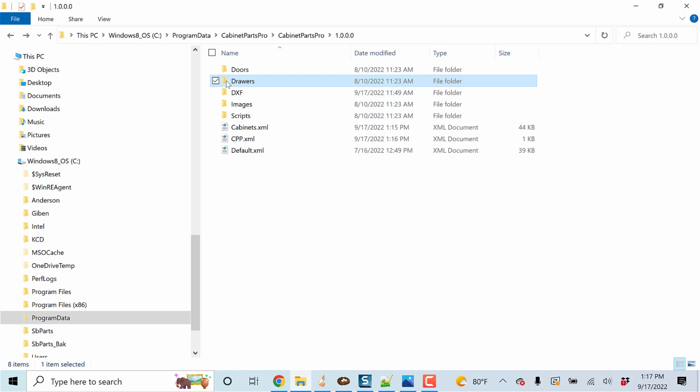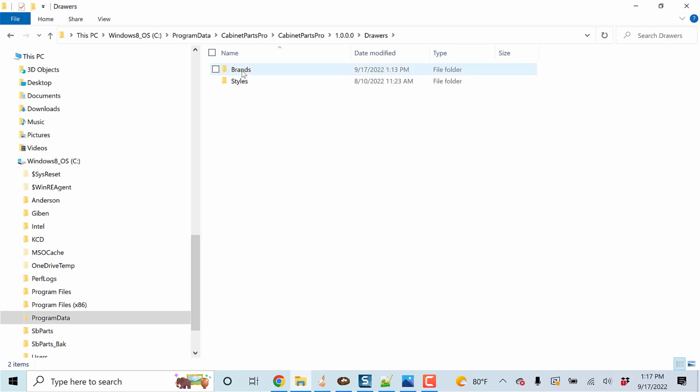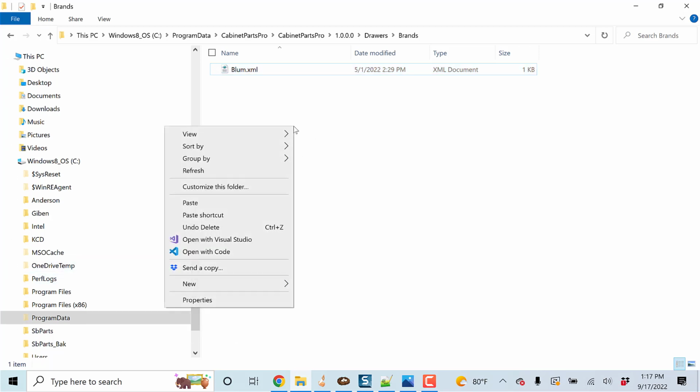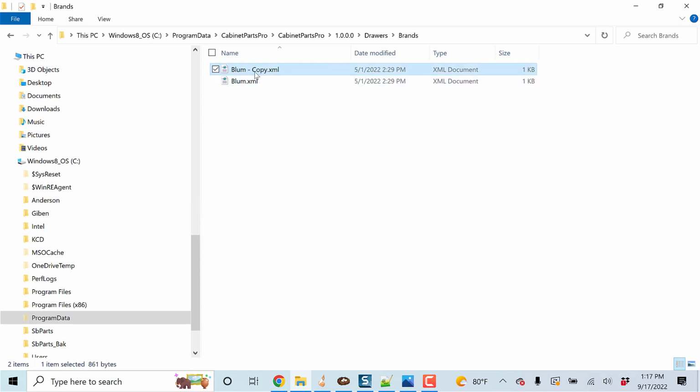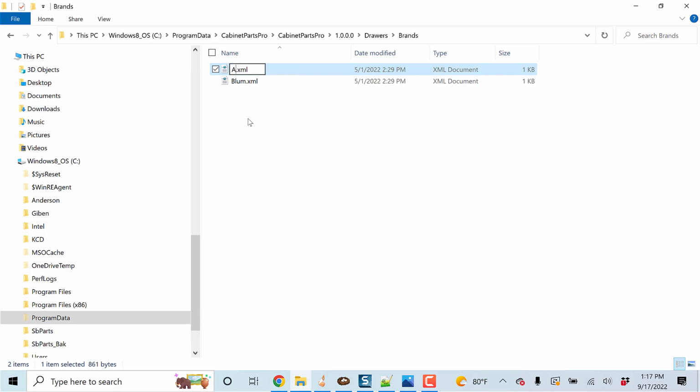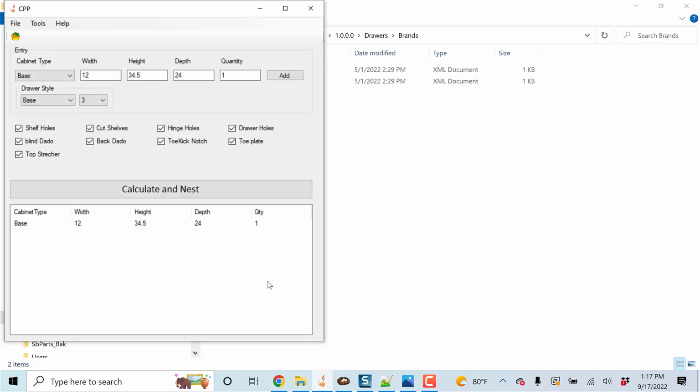Once we are here, we're going to take a look into the Drawers folder. Then we have our Brands folder. As we saw, there is only one item in that list. That is because there is only one file here. So we're going to right-click, copy, then right-click and paste. Going to rename that file to Accuride. And now if we go back into Cabinet Parts Pro, Settings,